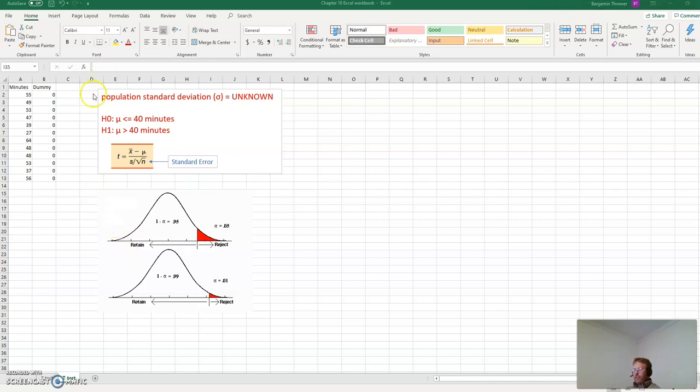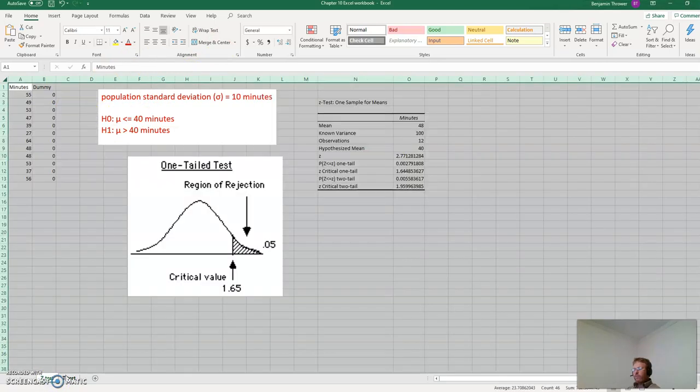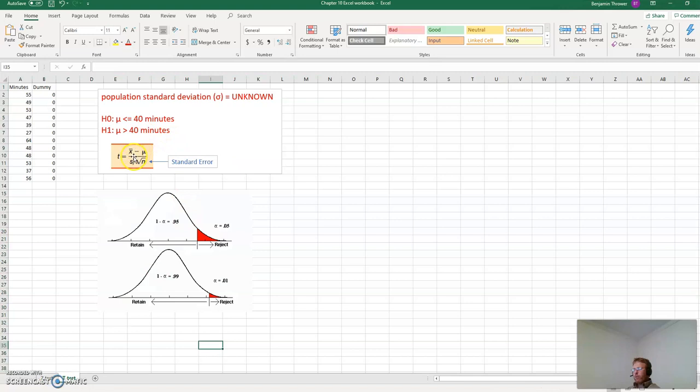Another, like I said, this is the same data we just had for the z-score problem, right? But I wanted to put the formula on here because there's something I want to show you. And we're going to have a different table up here, different numbers here, because we're not using our z table anymore, are we? We're doing a t-test now, aren't we? So it's a little bit different. Okay, so first off, though, what's not different is how we're going to get to it in Excel,